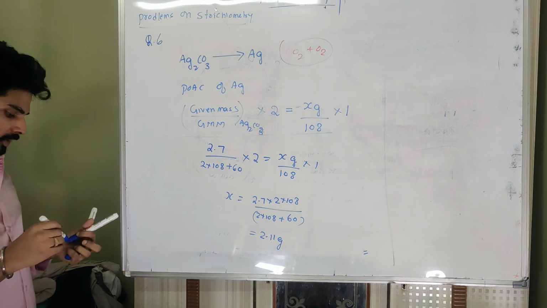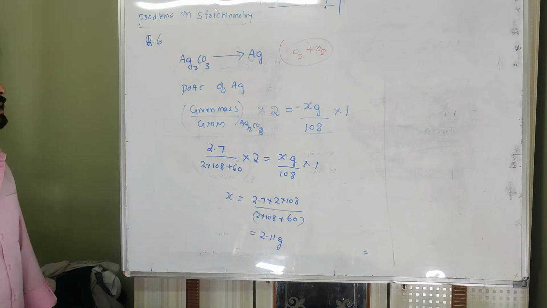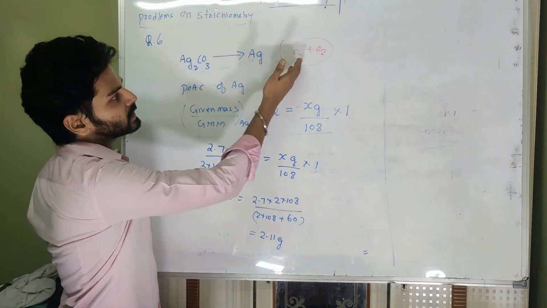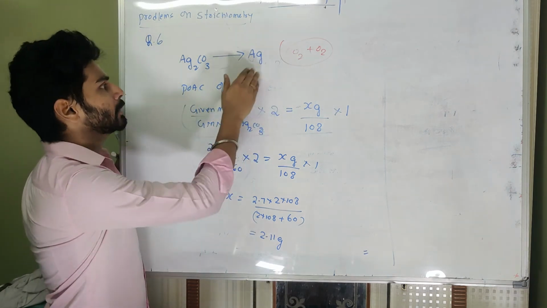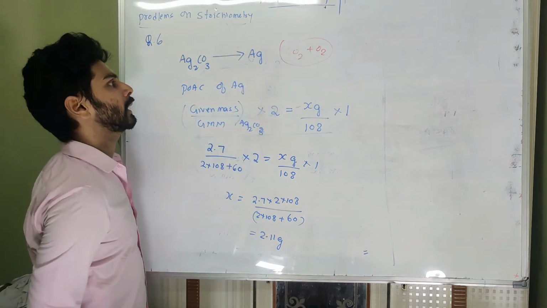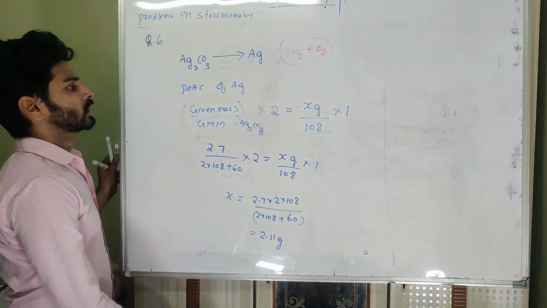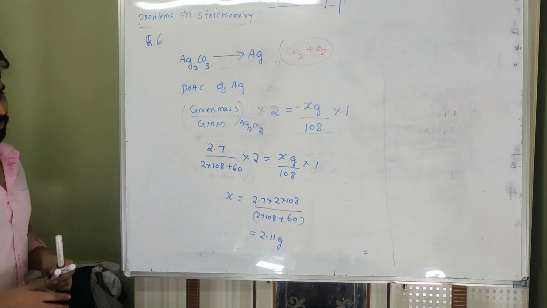So here also we have used the principle of atom conservation because we did not know the reaction and the details. No need to balance the reaction also. If you don't know the reaction, we cannot balance it. So here the reaction was simple. We knew that CO2 and O2 are the byproducts because it is strongly heated, and the only solid that can remain is pure silver. So we have applied POAC for silver.